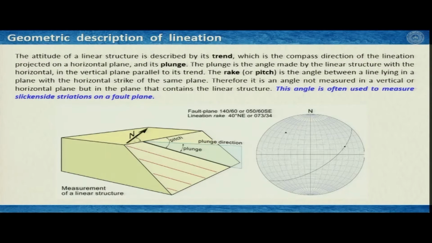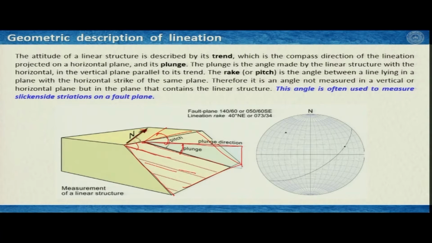Now, this we have also learned, I just wanted to review that this is a plane. If I consider this as a plane and if this is north and if these are linear features, then this angle that you measure on the vertical plane is the plunge of the lineation. Then with respect to north, if you measure it on the horizontal plane, this is the trend of the lineation, and if you measure this angle of the lineation on this plane itself, then it gives you